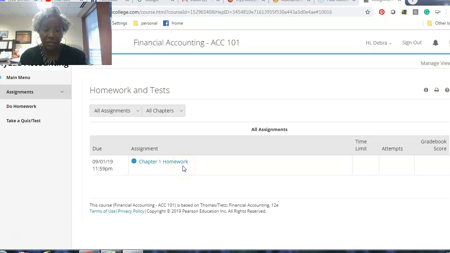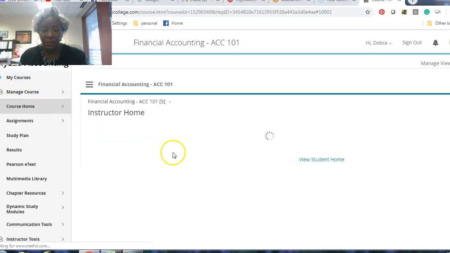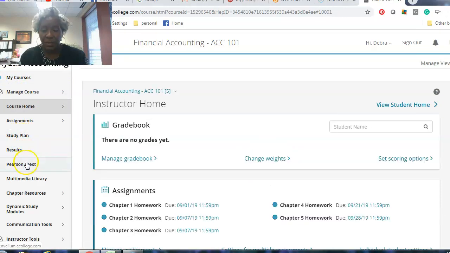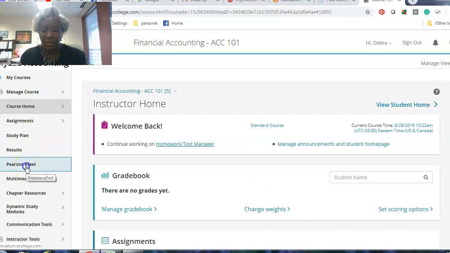No time limit. My hope is that you do the work, get it done with 100% accuracy. That means keep going back over and over again. It's very important because homework is your only way for you and me to know if you're mastering the material. And so I think giving you the opportunity to get your answers 100% correct is a really important part of learning accounting. Also, going back to the main menu, you have also study plans and your e-text here, and